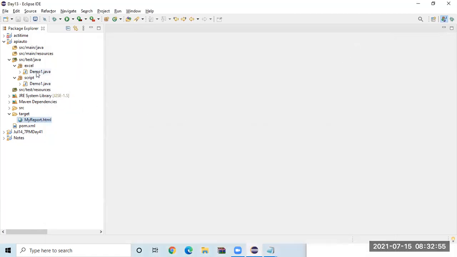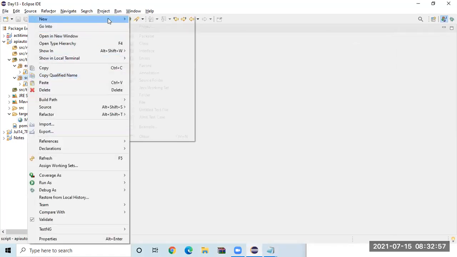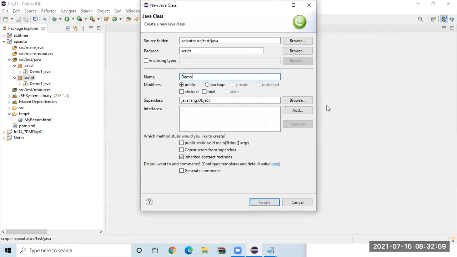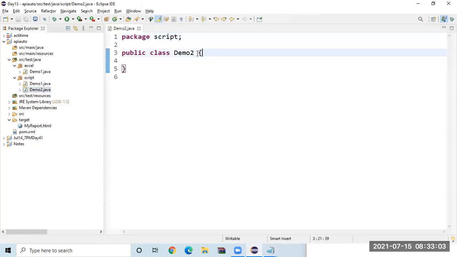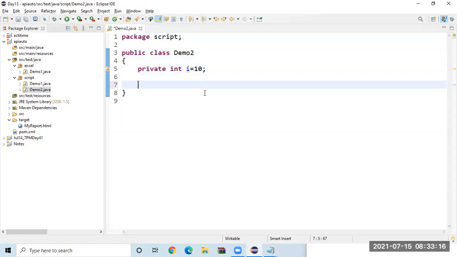A very simple one. Let us create a new class, demo2, and here I'll use one variable, int i = 10. For encapsulation purposes, I will make it private, and I want to develop getter and setter methods.